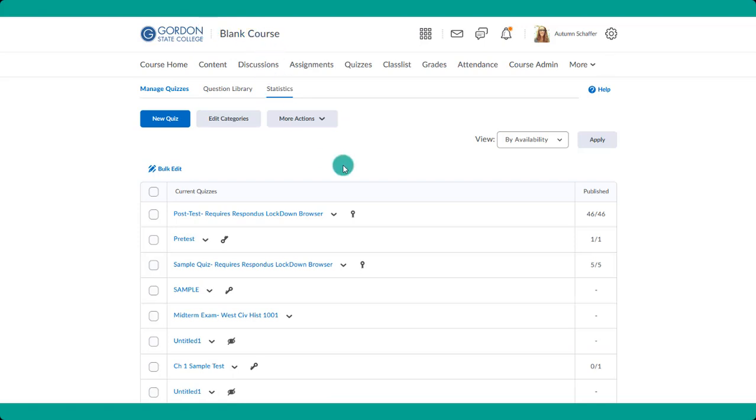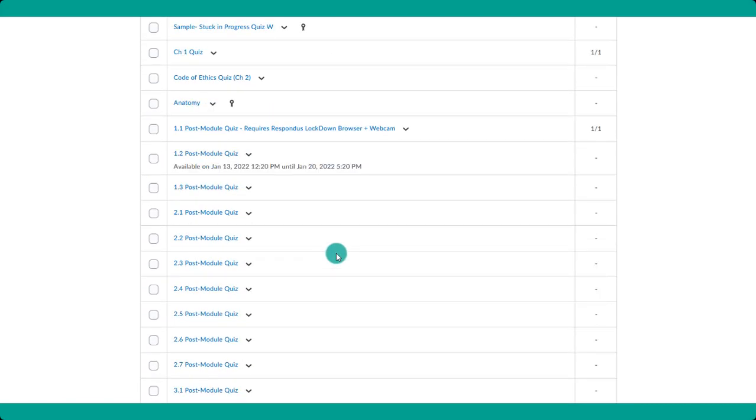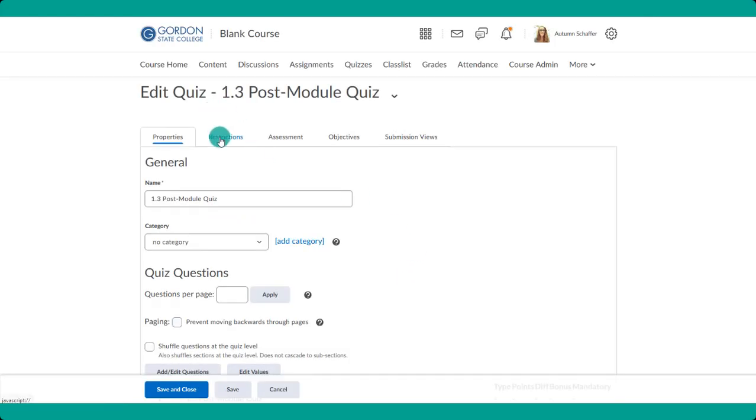Now let's do the regular method of giving special access using the quiz feature. Now this is done per quiz, but you can change the timing as well as the due date on this option. So we go to quizzes, you would find the quiz that you want to edit. So we're going to edit that quiz. And then under the restrictions tab,